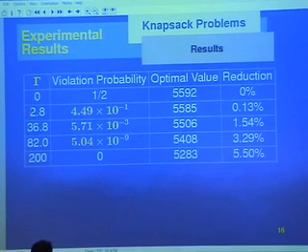Suppose you start increasing gamma, 3.8 and so on. You see that the probability of violation decreases, and if you pick gamma equals 200, it's 0. Obviously, right? Because you protect yourself no matter what happens. Because if you have a nuclear reactor, you protect yourself for everything. However, the objective function, notice that we are maximizing, so therefore the objective function decreases. This is the percent of optimality. So if you are fully protected, there's no possibility of violation, but you pay with 5.5% of optimality. On the other hand, in the middle, you pay much less. So there is an advantage to pick smaller values of gamma because you pay with optimality much less.